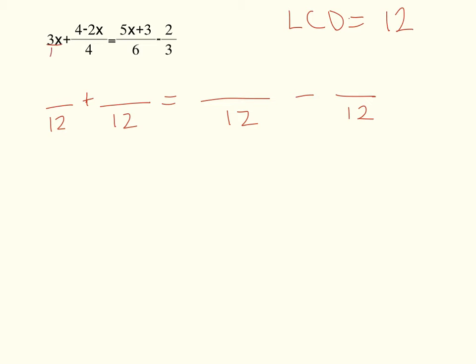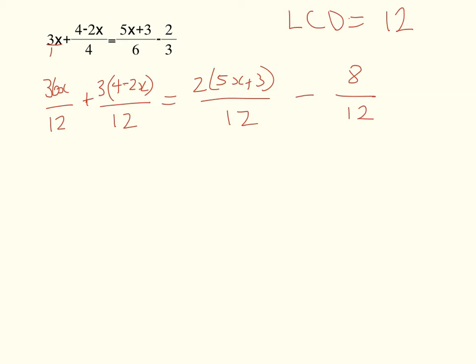So that, by the way, is 3x over 1, which is where we end up with 36x. So it's 3x times 12 gives me 36x. Then I've had to multiply this by 3, so that's 3 outside of 4 minus 2x. That is a minus. Is equal to, I've doubled that one, 2 outside of 5x plus 3 minus 8 over